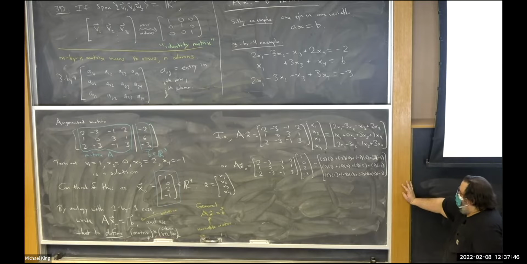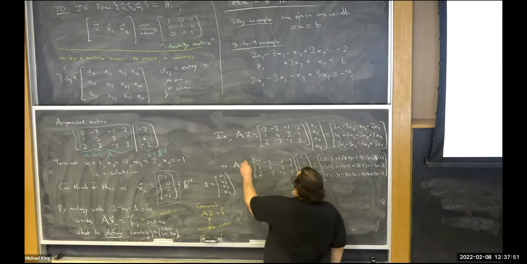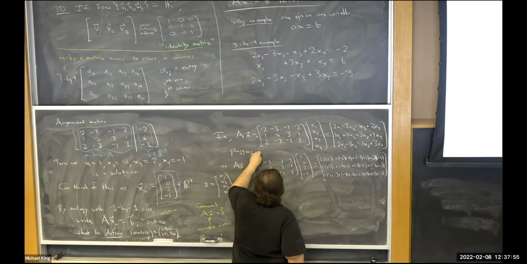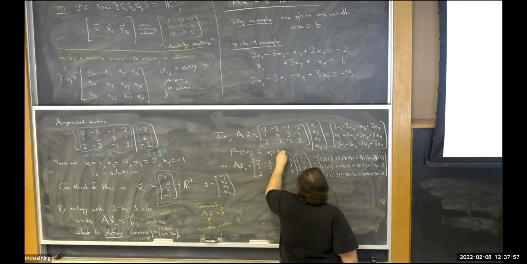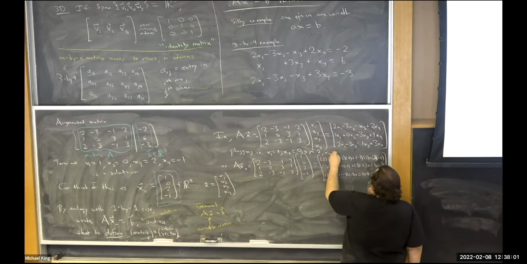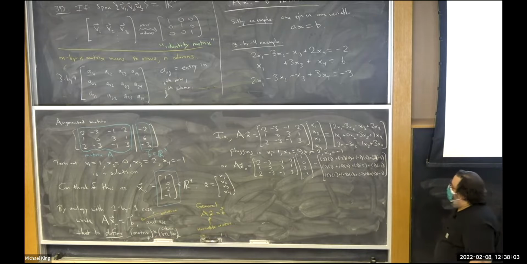So this is just plugging in, right? Plugging in x1. We're just plugging in x1 equals 1, x2 equals 0, x3 equals 2, and x4 equals -1. Okay, but